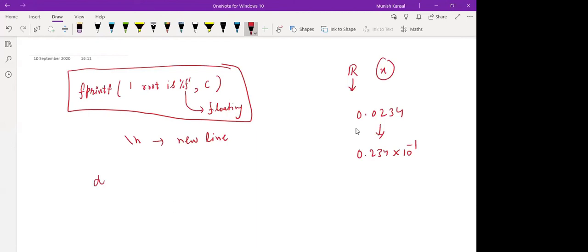Or you can make use of display command also. This is simple one. So you can write anything here like my name is, say, Munish, right? So this is how you can make use of display command. So these are two options. First one, fprintf, is more sophisticated for programming, and this is very simple. If you don't want to go to this command, you can always make use of display command.